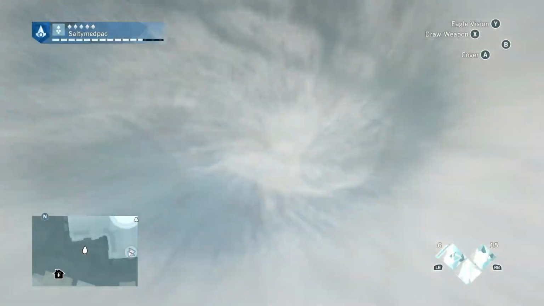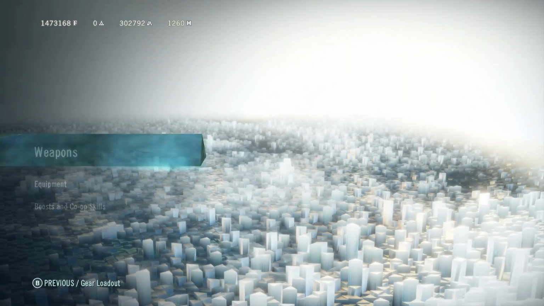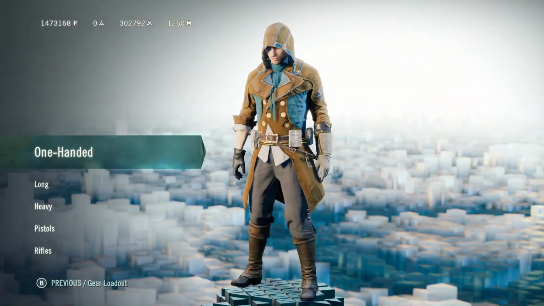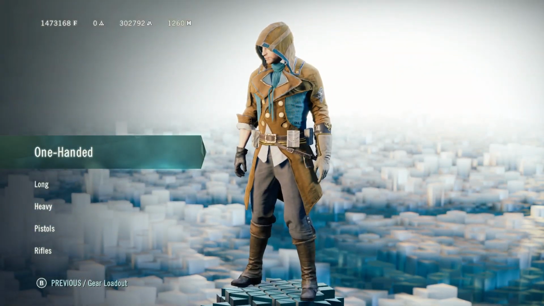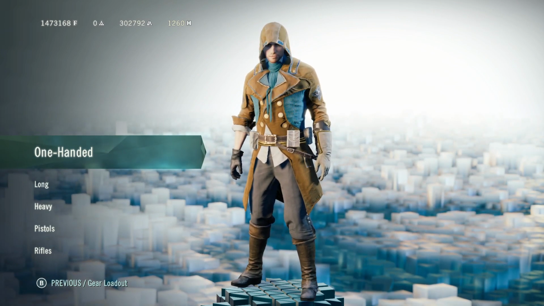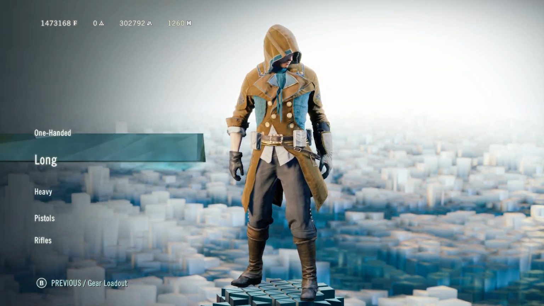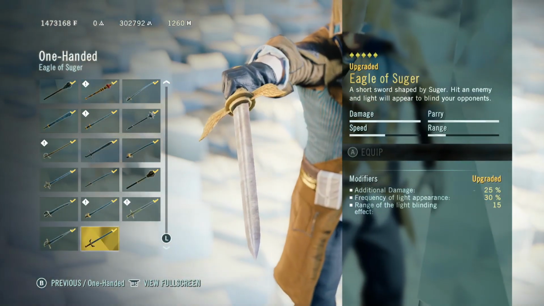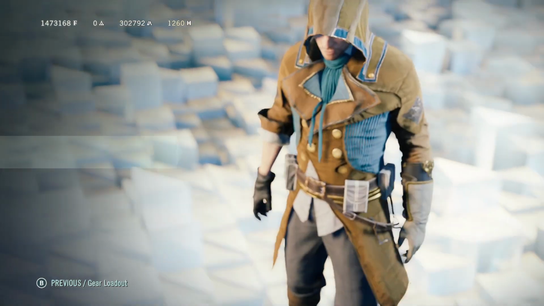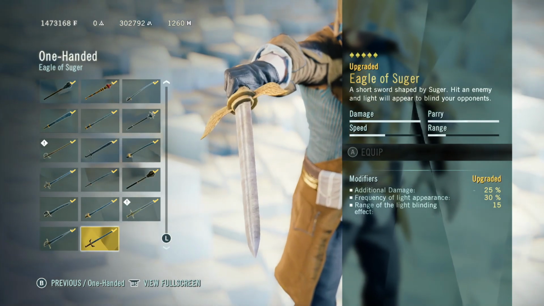So I want to showcase the combat system, character customization, and gear loadout. So your weapon systems, at least we'll go over the melee part first, are branched into 1, 2, 3, 4, 5 different weapon systems. And I believe one-handed has 2 branches. So you have melee,